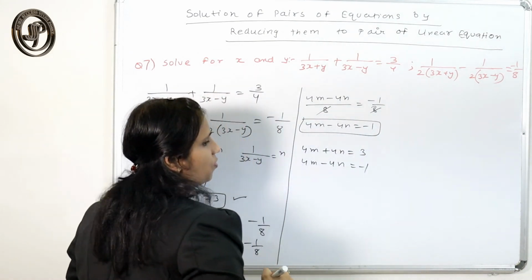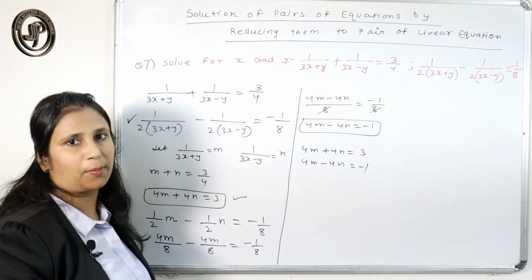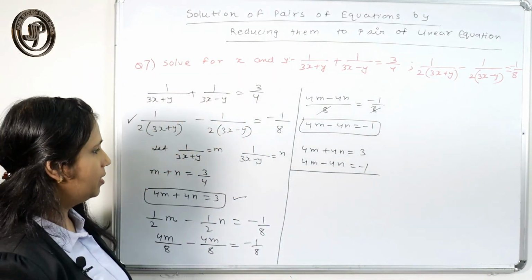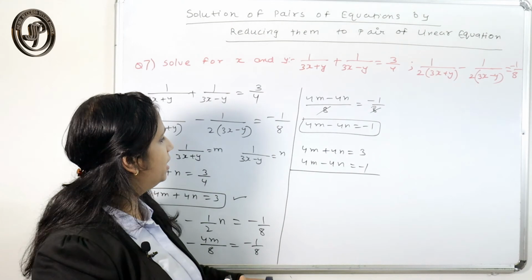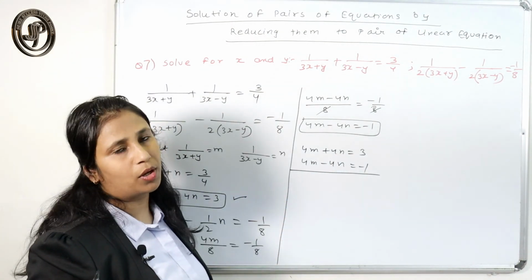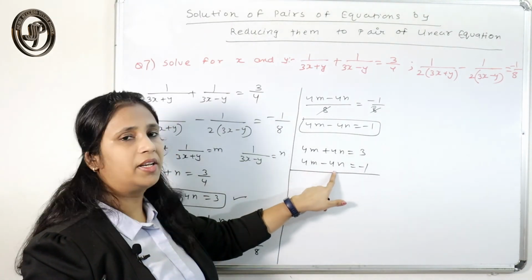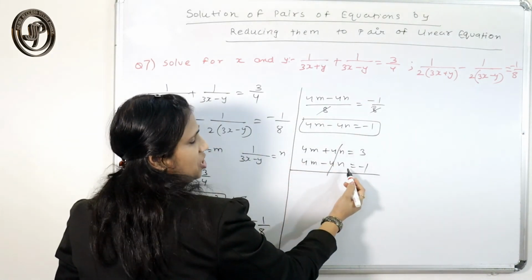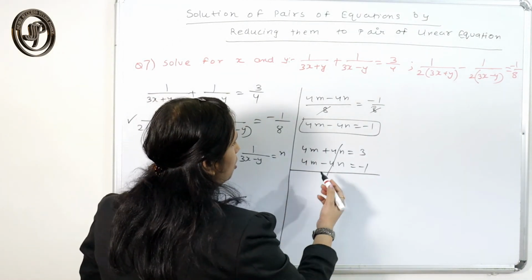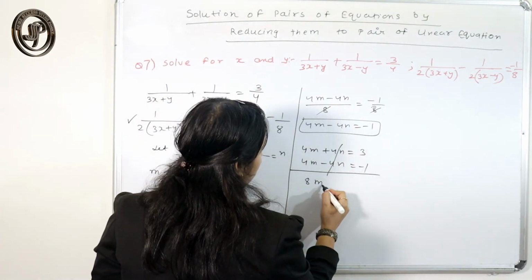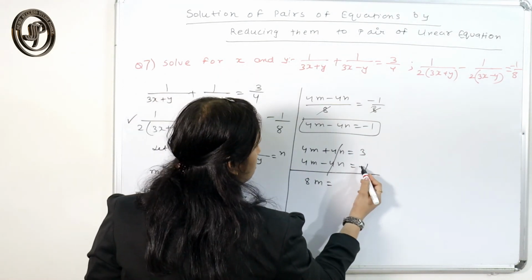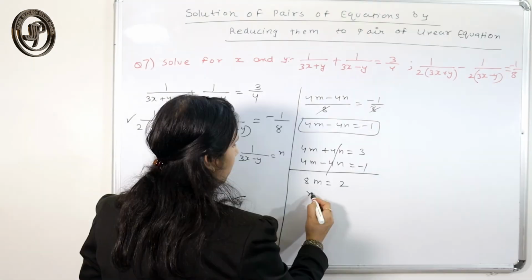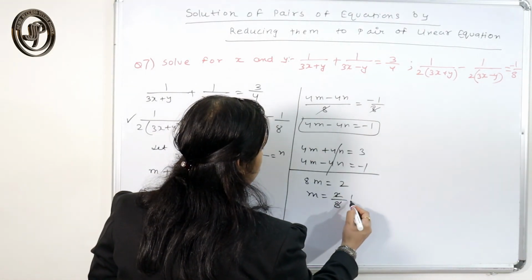We have explained both methods, elimination and substitution, in our previous episode. So, here I am going to do it by the elimination method, because I need not make the coefficients of m or n the same, as they have the same coefficient and are of opposite nature. Here also, by changing the sign, you can eliminate m. So, 8m is equal to how much? Because you are adding, 3 plus minus 1 will be 2, so m is 2 by 8, which is equal to 1 by 4.